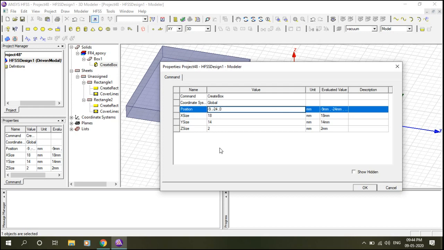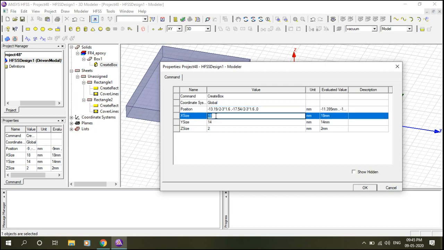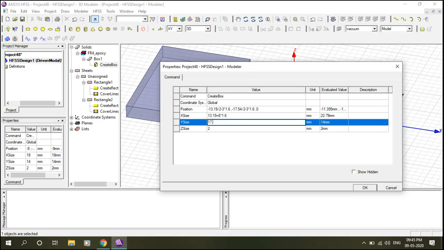So what should be the position, the coordinates of the leftmost vertex? This should be minus 13.19 divided by 2 minus 3 into h, that is 1.6 mm. And the y coordinate should be minus 17.54 divided by 2 minus 3 into h. And the x size should be 13.19 plus 6 into h, and the y size should be 17.54 plus 6 into h,